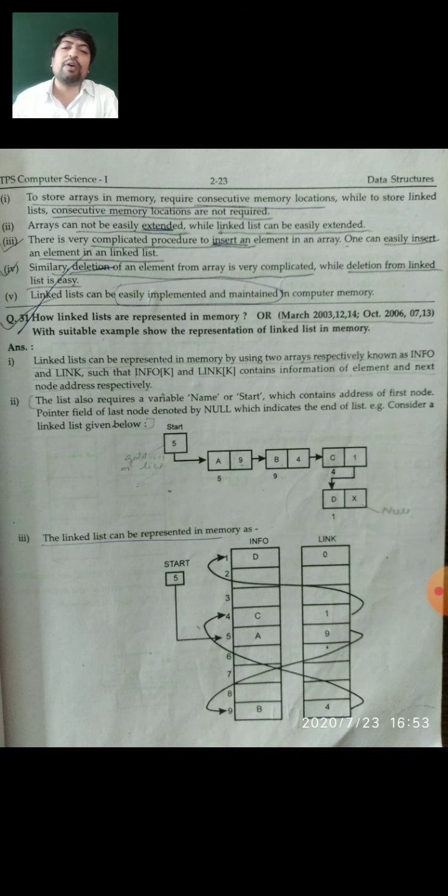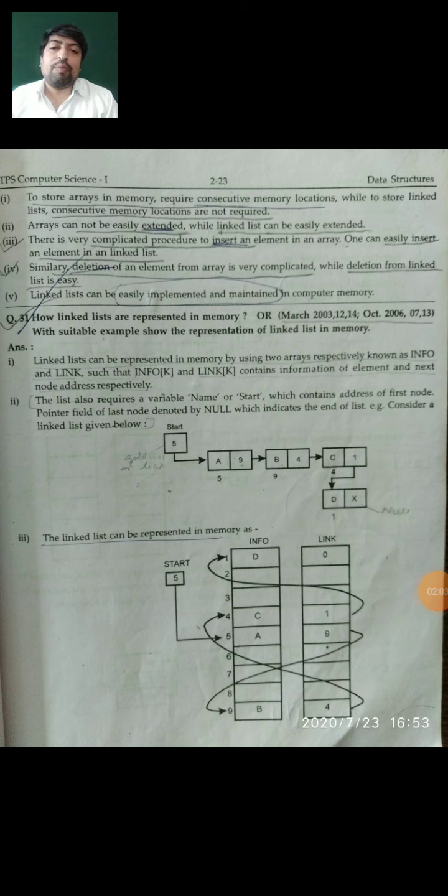And you can see in the diagram of point number 3 the data element and the address part of the given list can be explained in two parts. You can see the two arrays there, info and link arrays, that explain the detail about the linked list representation in a great way.